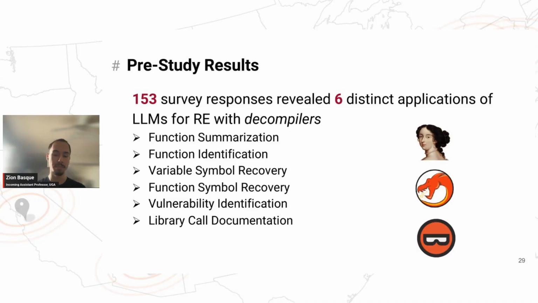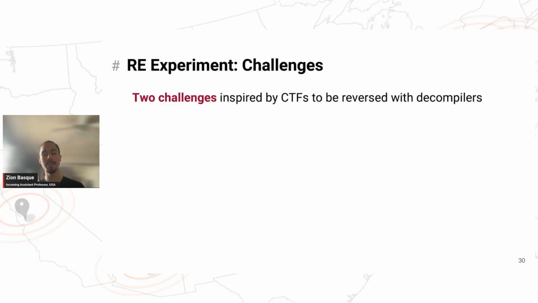up till even now. Now, given that information, we designed two CTF challenges inspired by reversing real programs and to be reversed by decompilers. These two challenges would have vulnerabilities in them, and it would be like a capture the flag challenge. Now, to give you an idea of what these two challenges were like, the first challenge was an RPC server, which had various flaws in them. For instance, how you talk to it, there was a flaw in the encryption where you could break the key